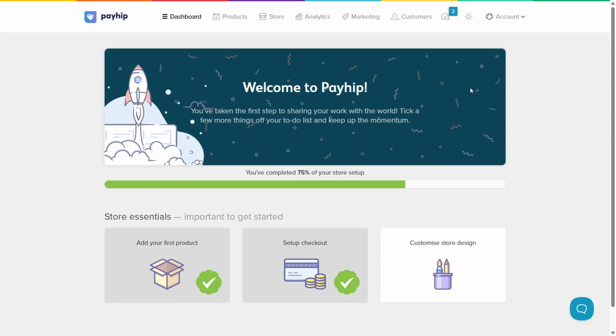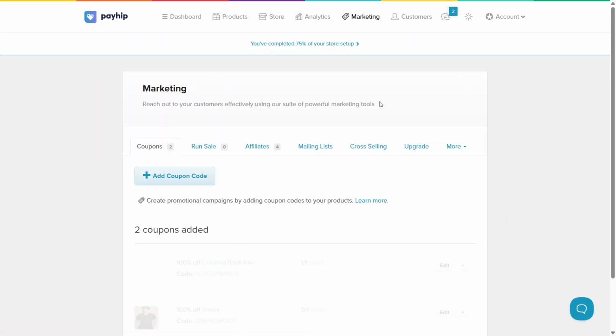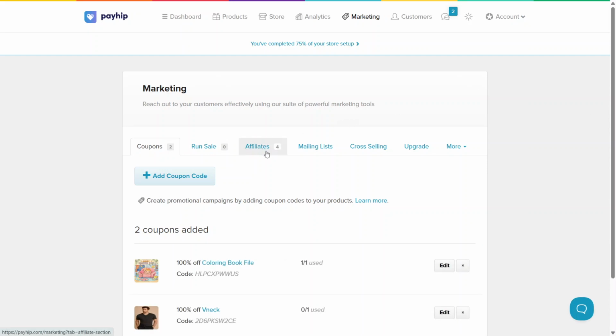First, log into your Payhip dashboard. From the top navigation, open the marketing section. This is where Payhip centralizes tools that help you drive sales. Inside marketing, switch to the affiliates tab. This dedicated area manages everything related to affiliate recruitment, approvals, and product assignments, so you can keep the entire workflow